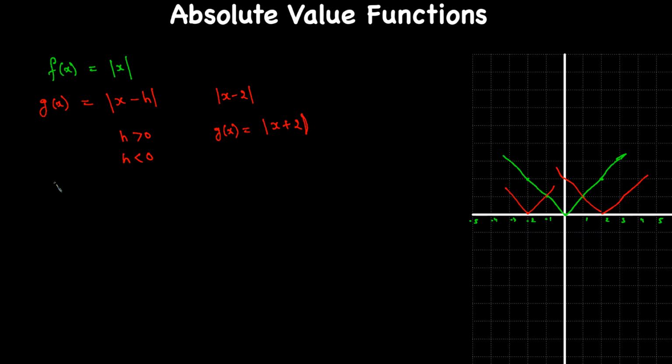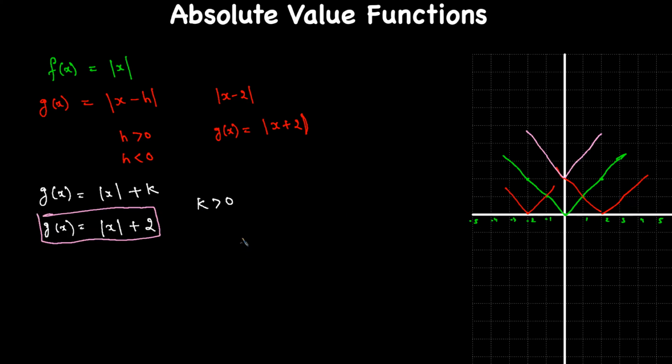And now let's say we got g of x, absolute value of x plus k, okay, we are adding to the function here. And now if k is greater than 0, let's say for example k is positive 2, then the graph will move 2 units above the original graph. So this is my original graph, right? So if it is 2 over here, the graph will move 2 units above the original graph. So 1 and 2. So the new graph will be over here for this function,